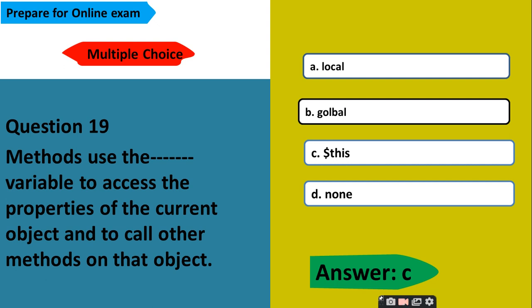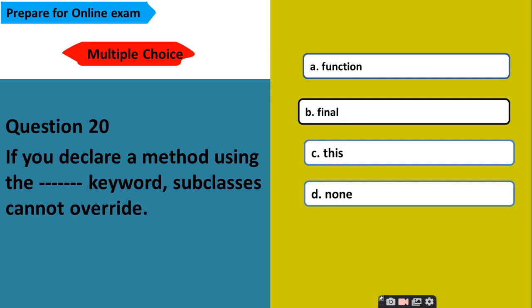This. Methods use this variable to access the properties of the current object and to call the other methods on that object. If you declare a method using the dash keyword, subclasses cannot override it. Options are A, function, B, final, C, this, and D, none. And the correct answer is B, final. If you declare a method using the final keyword,